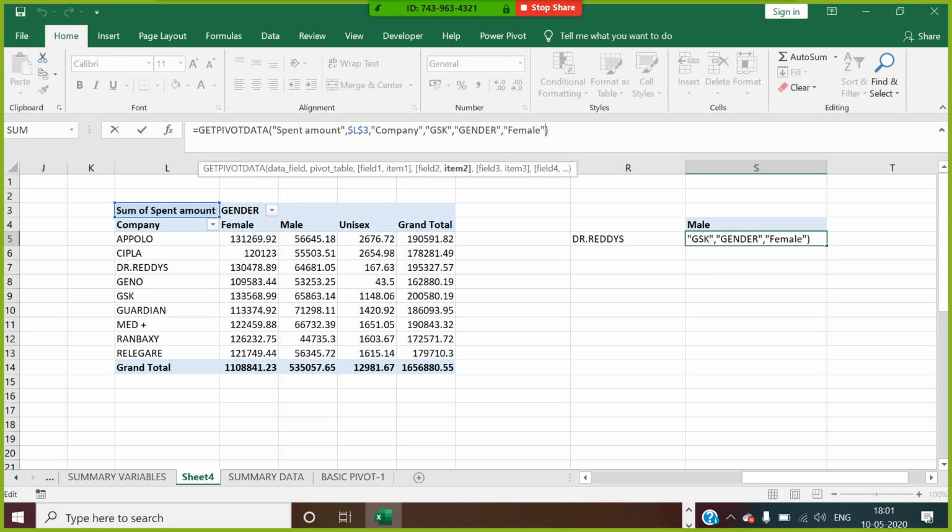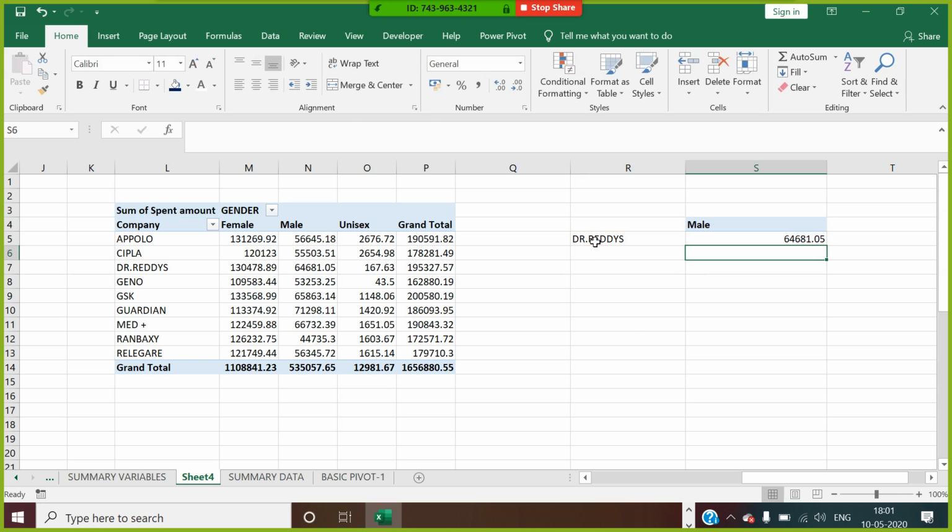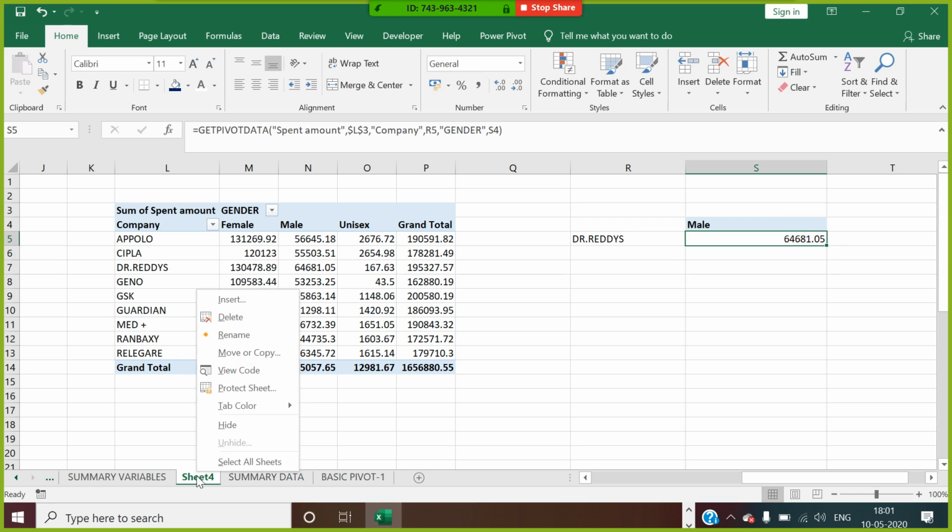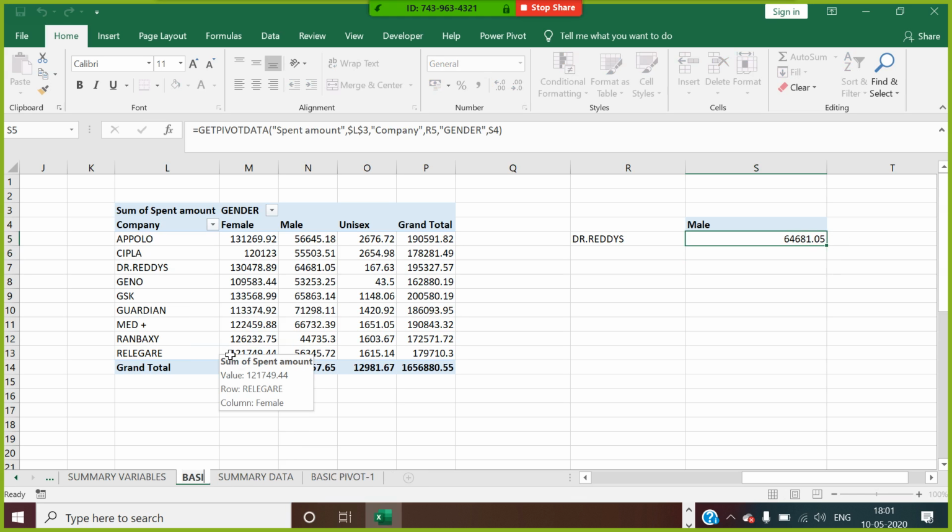I just have to change it to my gender as male. For my company, I want to change it to Dr. Reddy's. I can say this is my value. Understood, guys? Right? This is the use of GETPIVOTDATA. So I call this basic pivot 2.